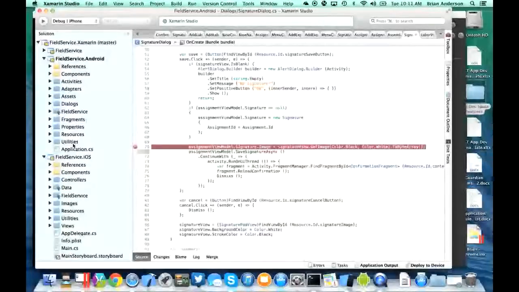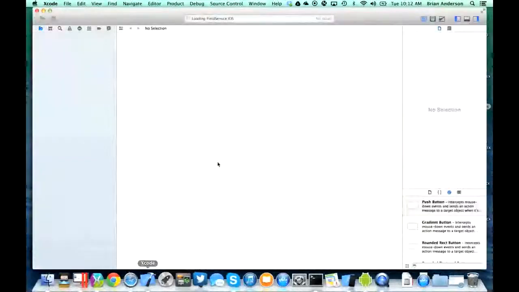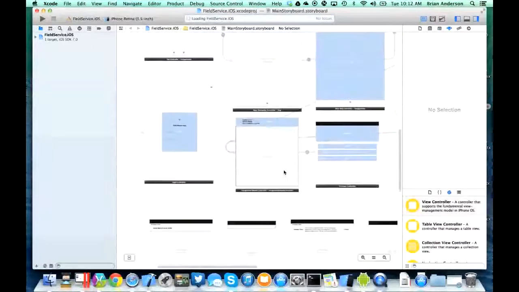And so you can do this same type of development for Android and iOS. For example, if I'm in iOS, and this is all on the Mac at this stage, and I want to edit the storyboard, I just double click the storyboard, and what it'll do is it'll actually pop up Xcode. And Xcode then will load the storyboard. I can make changes to the storyboard, save them, and Xamarin will detect that save. And it will basically then allow me to